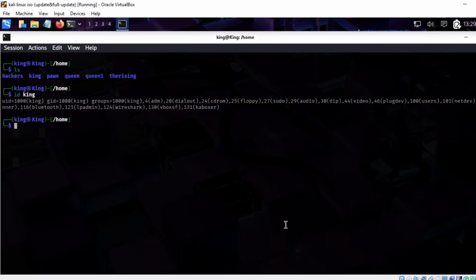Okay, in this section of the course, we're going to talk about Kali Linux users, groups, and permissions. In this module you're going to see users, groups, and permissions. So first thing, what is a user, right? So in Linux, a user represents an